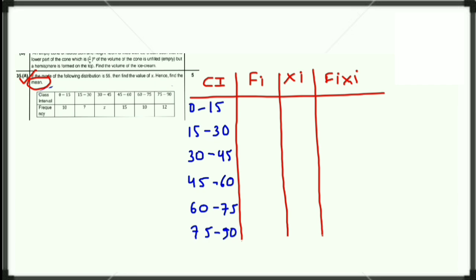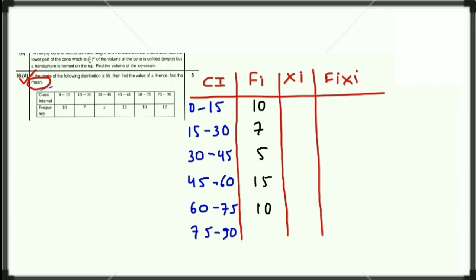Similarly, Fi, that is frequency, also has been given in the question over here. Just copy it as it is. Firstly 10, 7, x, and the value of x we have just obtained, that is 5. Then after that 15,